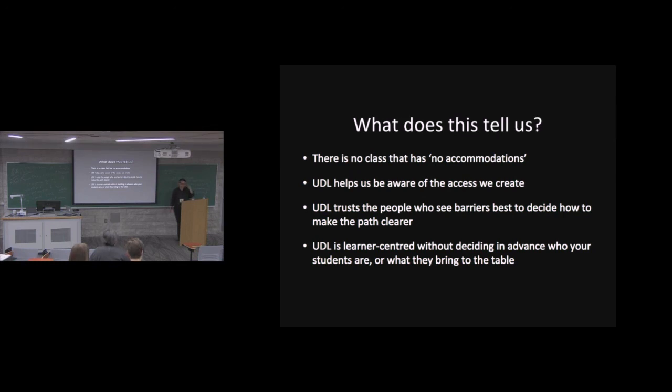And if we trust the people who can see the barriers, because they are living with the barriers in their path, to make choices about how they are going to more effectively move through their own learning, then that is social justice, right? That's taking seriously that people are the center of their own lives, that they are the experts in their own lives, and that it's our job not to deliver a course, but to create a learning environment, right? And if we can be student-centered in that way, and then use some of the principles in UDL,